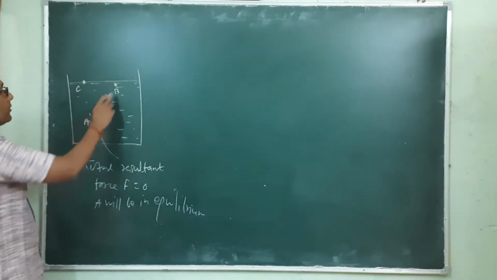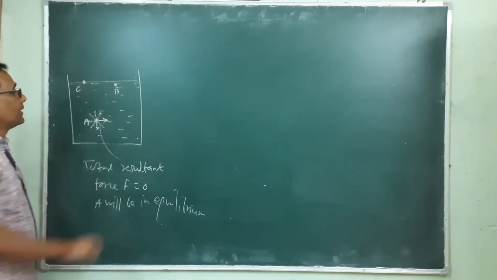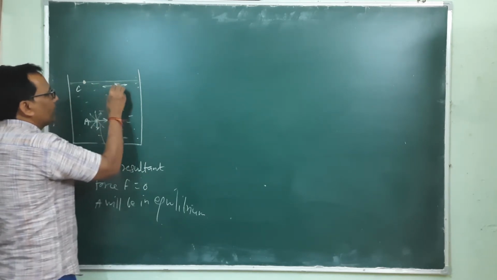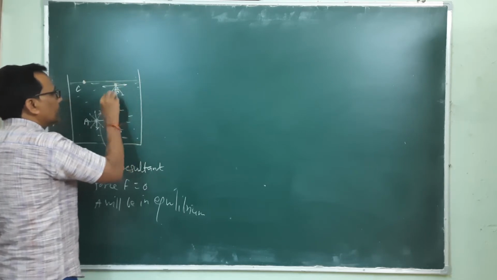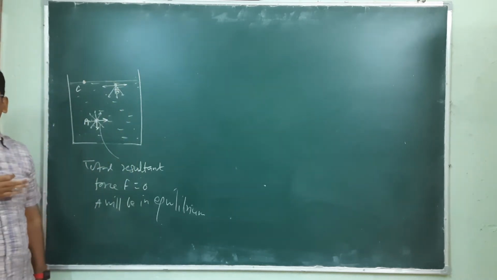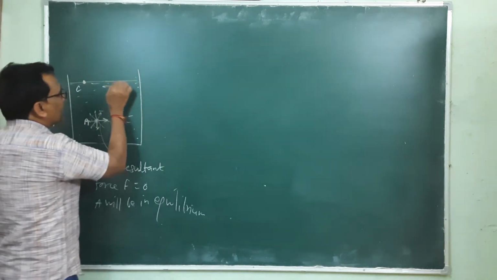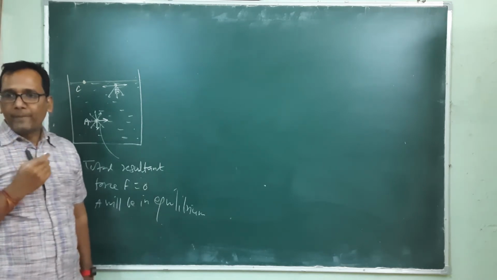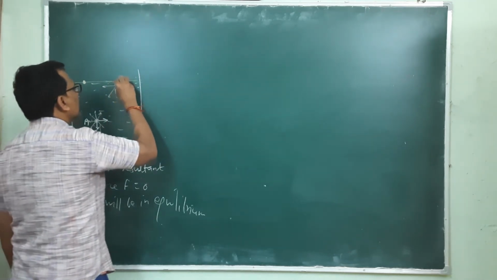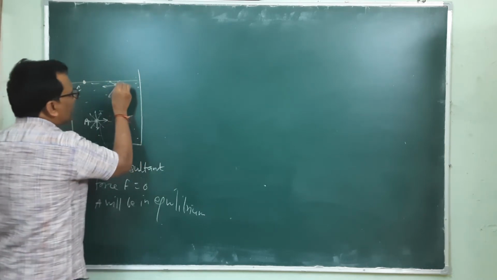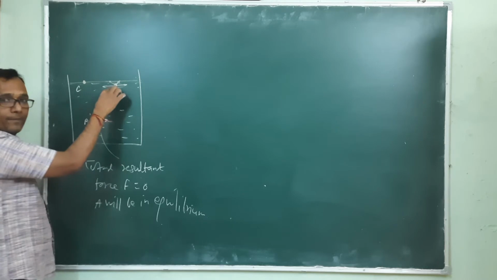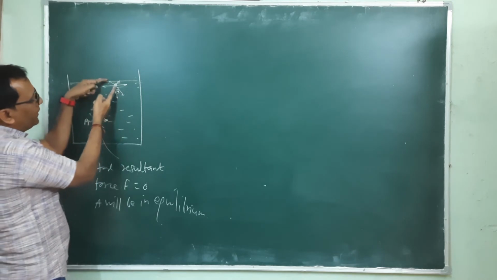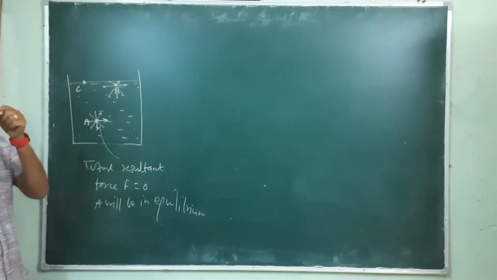Okay, so now let's think about this point B. Here in this direction the force will be like this, and in this direction like this. So everywhere again different forces are applying, but fewer molecules of water are there in the upper part of point B. So this force will be less than this, because there is a big water column here, and here the number of water molecules is less.